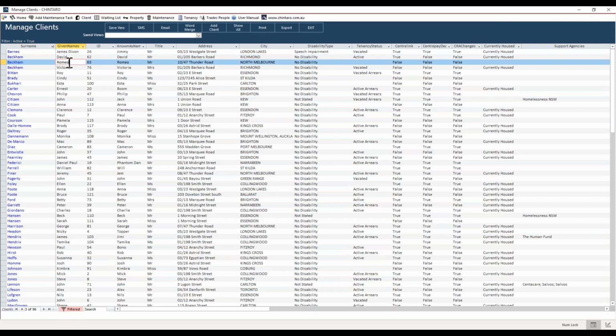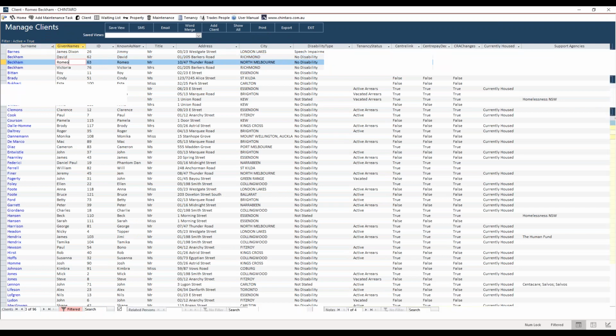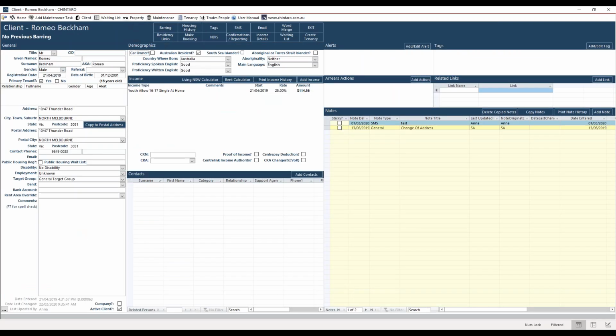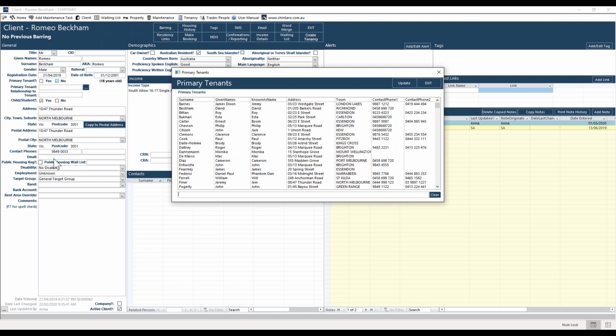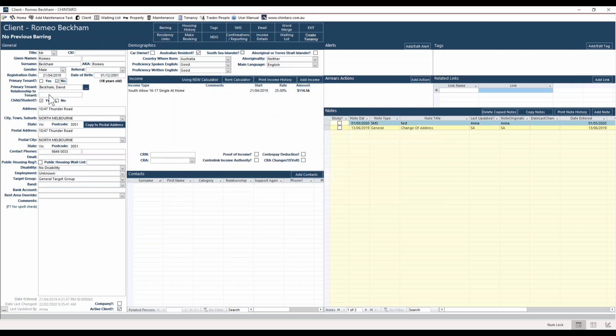I've also noticed here that Romeo isn't a part of that household, so I'm just going to demonstrate that process again. Hopefully you're reasonably familiar with this. We do have solutions on making a primary tenant versus a non-primary tenant and linking those, but just to demonstrate again, we just click no on the tenant that we don't want to be our primary one. And I'll select David again here and I'll update. And relationship, this is Romeo, so that will be, dare I say, a son. And it is a child student, so yes, I'm going to reflect that, and the age is up to date